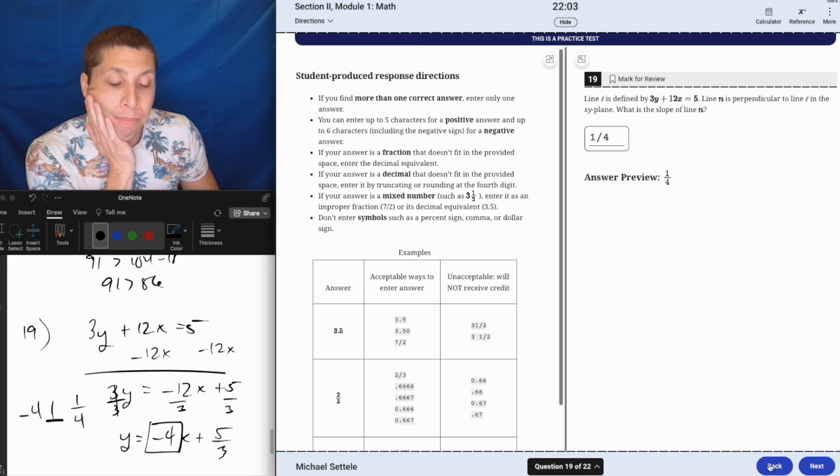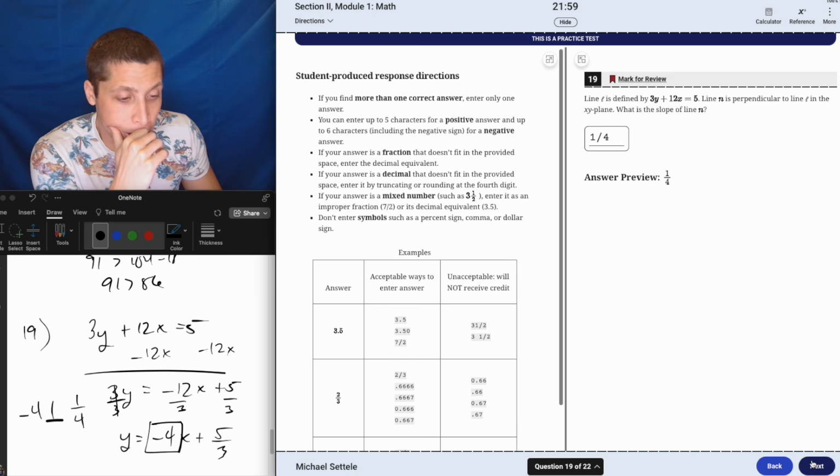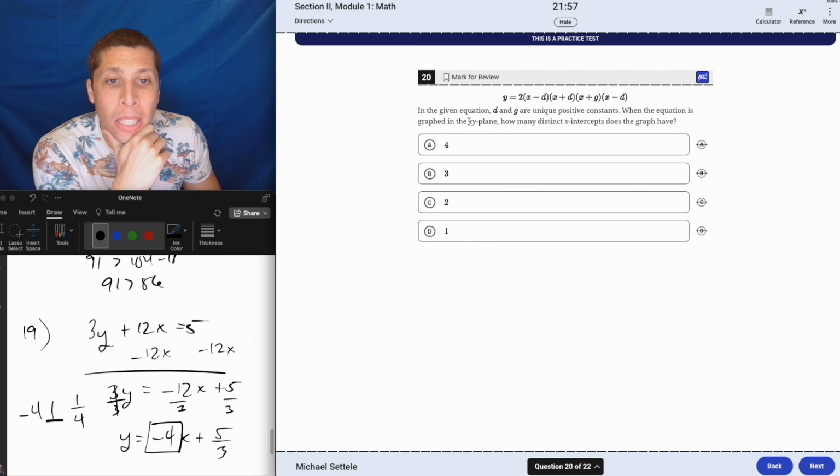1/4. Again, we can check this just by typing them both in Desmos and seeing what we get. Okay. In the given equation, D and G are unique positive constants. When the equation is graphed in the xy plane, how many distinct x-intercepts does the graph have? You could just use,